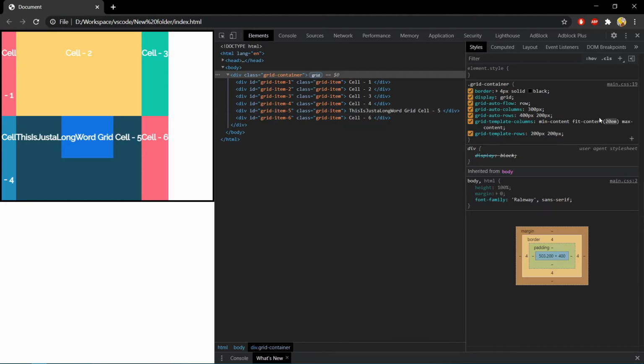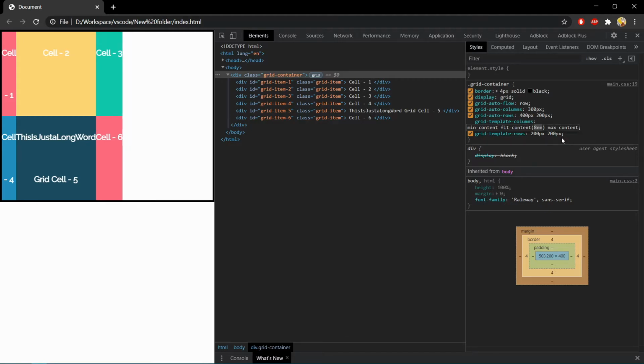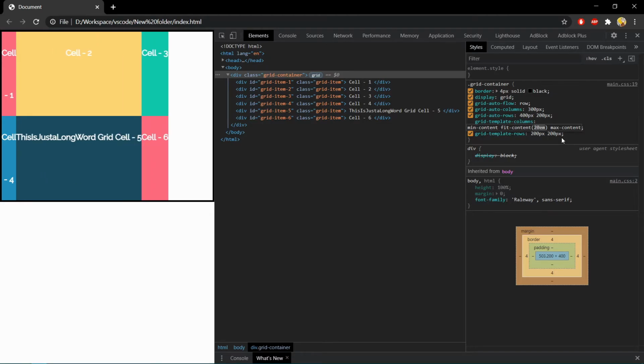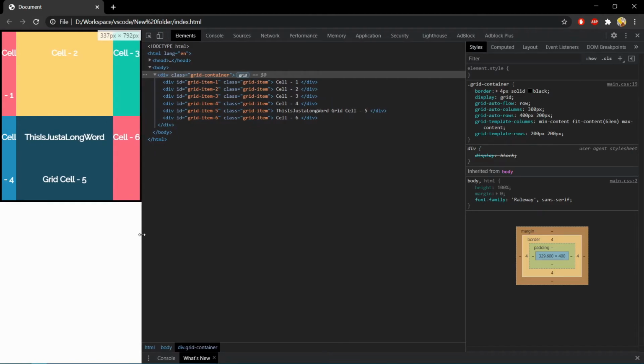For example, as you can see, if I start reducing this value, you can see the second column is getting adjusted. But even if I reduce it further, it is not getting resized, because this value is adjusted between min-content and max-content. So again, if I start increasing the value, after 25em, even if I increase the value, the column width is not getting increased. But now if I resize the viewport, it will get adjusted again.